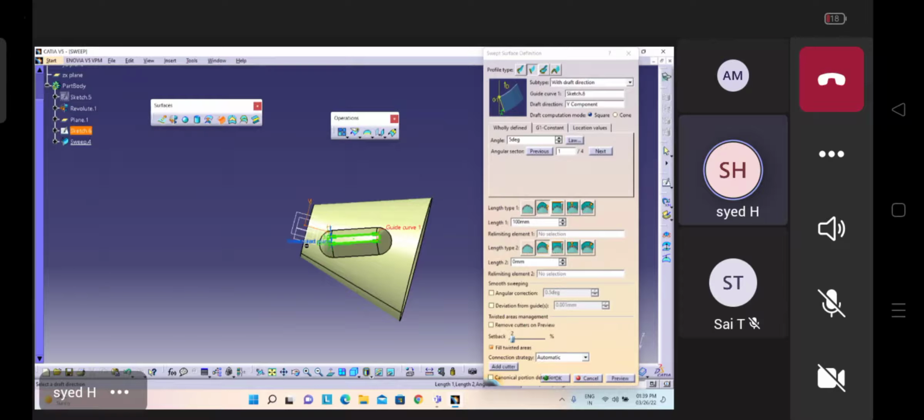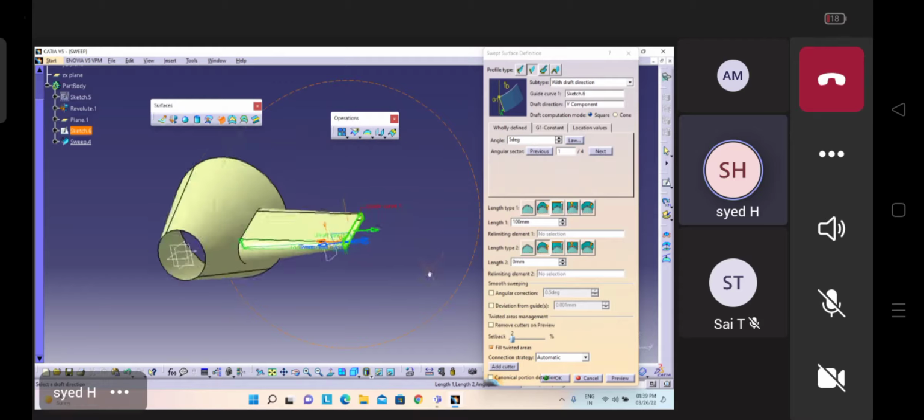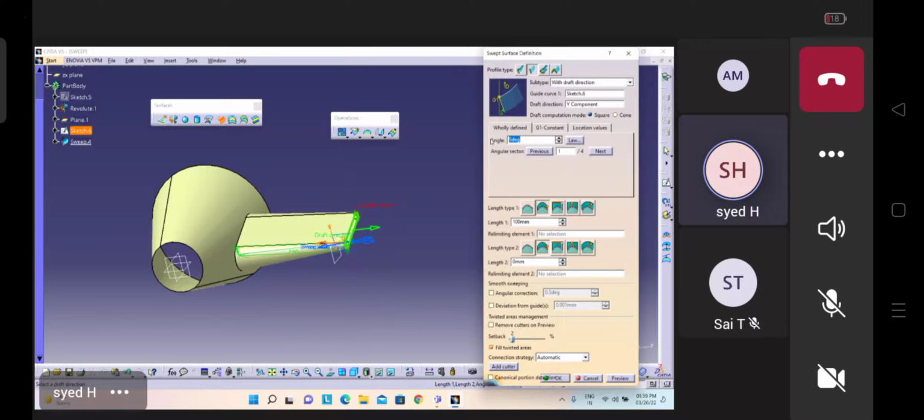Draft means that something is getting increased or decreased from its original size. When we are assigning thickness, that's what we can call a draft. So whatever angle you specify, it will take that angle as a draft and create